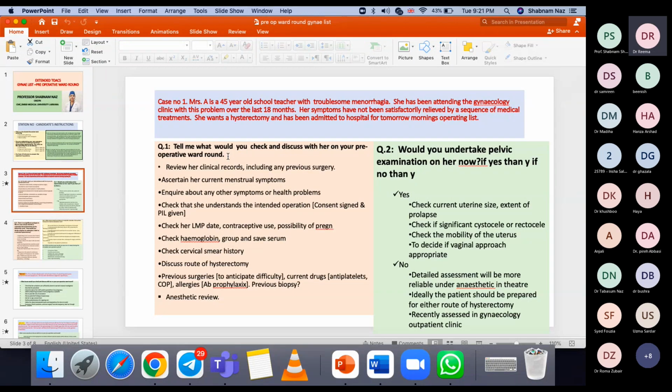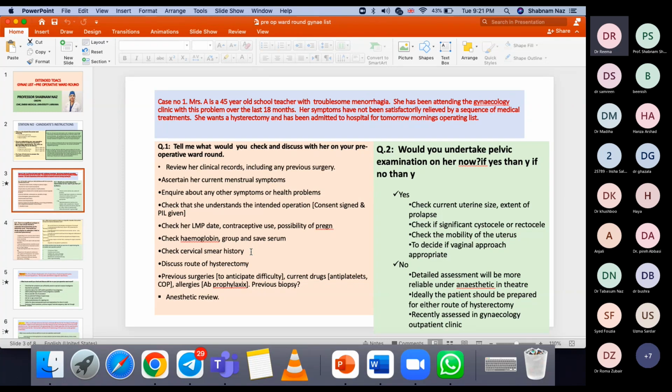First of all, I will introduce myself to the patient, and then I will confirm the identity of the patient by asking the name, and then I will confirm the procedure which is going to be done. After that, I will confirm that consent has been taken, well informed written consent is there, and then I will look for the investigations, especially the hemoglobin, and check the other investigations are complete. Then I will make sure that the blood is arranged, cross-matched, and donors are ready in case more blood is needed during the operation.